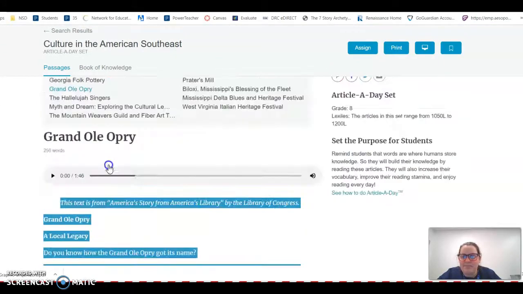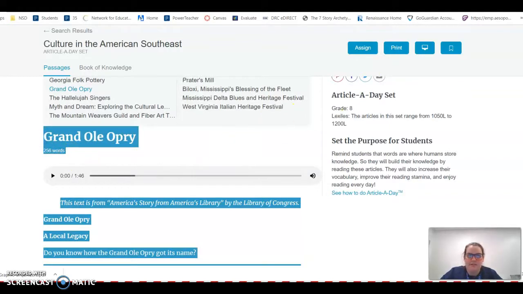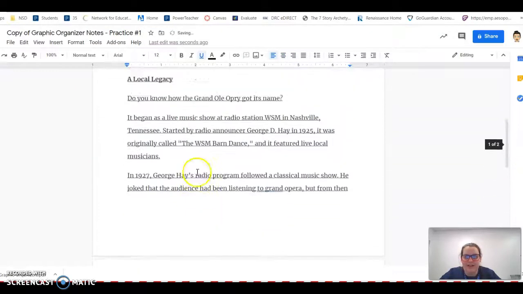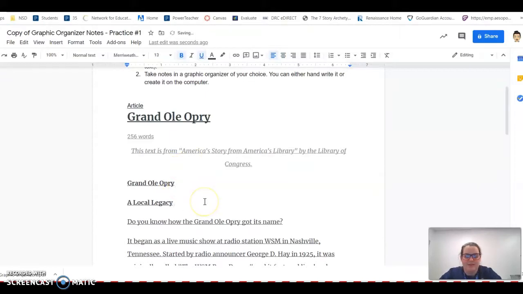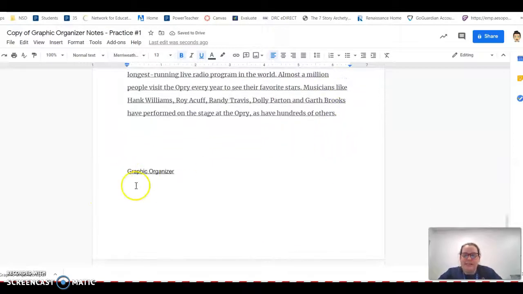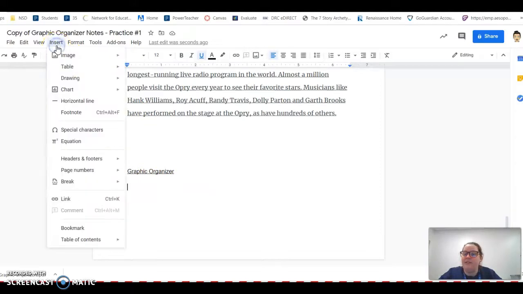So what I'm going to do is I'm going to copy it. Okay. And then I'm going to paste it on my copy of the assignment where it says article. Okay. And I want to make sure I put where I got it from, which was ReadWorks. All right. Once you do that, you are going to be taking notes on a graphic organizer. So you could do that by drawing it out on paper, or if you would prefer, you can create it on Google. So if I would just click Insert,